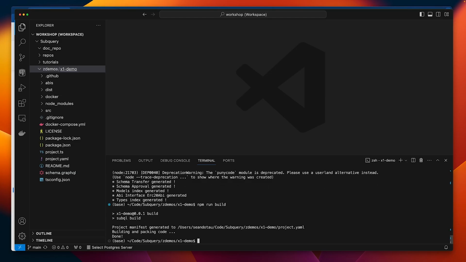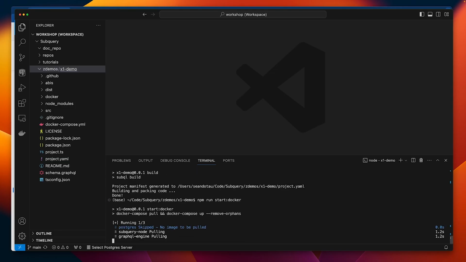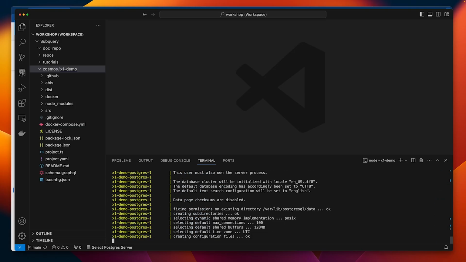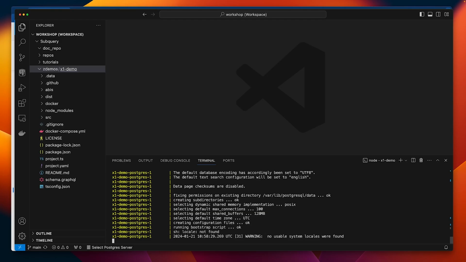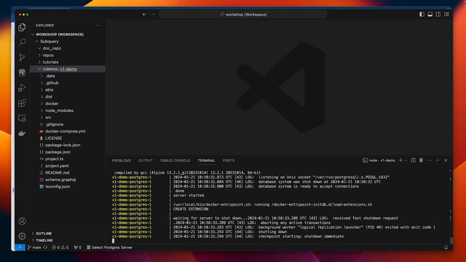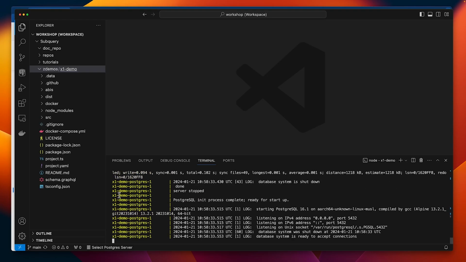I've also got Docker running in the background, so if I go npm run start:docker, this will start the container. And while this is downloading, the last three commands could have been replaced by a shortcut called npm run-script dev. Now while this is starting up, let's go ahead and take a quick look at the manifest file,